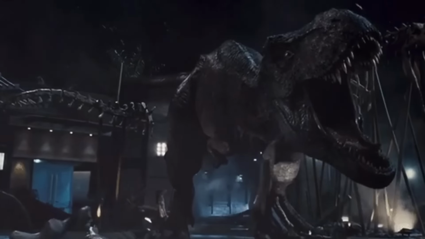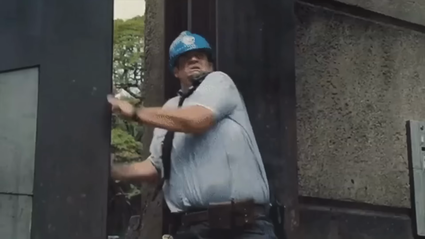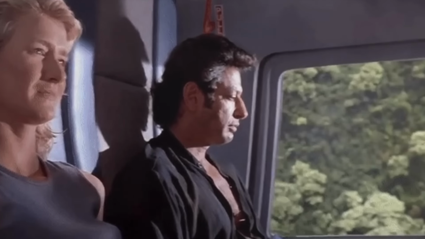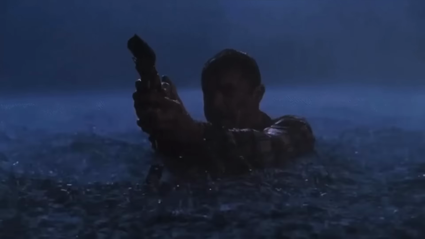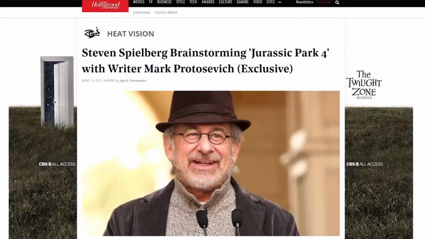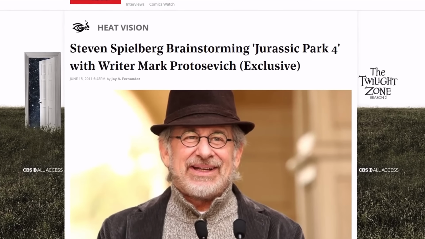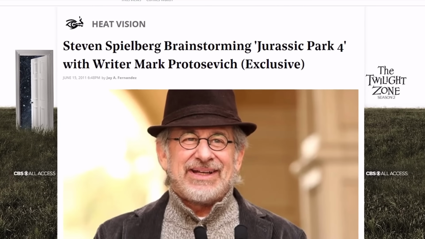The road to Jurassic World was paved with tons of canceled Jurassic movies that were in various stages of development behind the scenes. However, after a long period in time, it really looked like this fourth Jurassic Park movie may never actually come out. I know that for me personally, I said to myself that if they don't actually have anything they're working on at the beginning of the 2010s, then I'm just going to give up hope on anything ever happening. Well, lo and behold, not too long after that, Steven Spielberg himself actually made a pretty big announcement in relation to Jurassic Park 4.